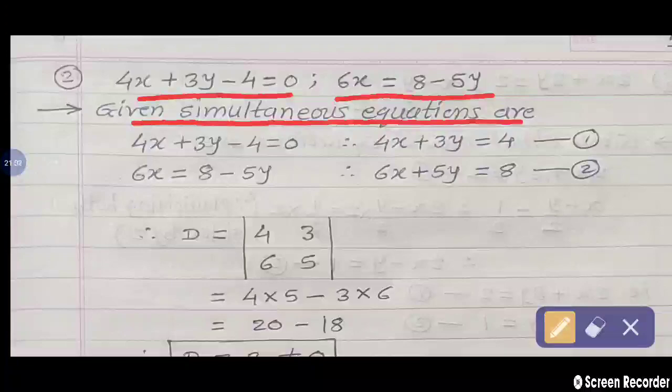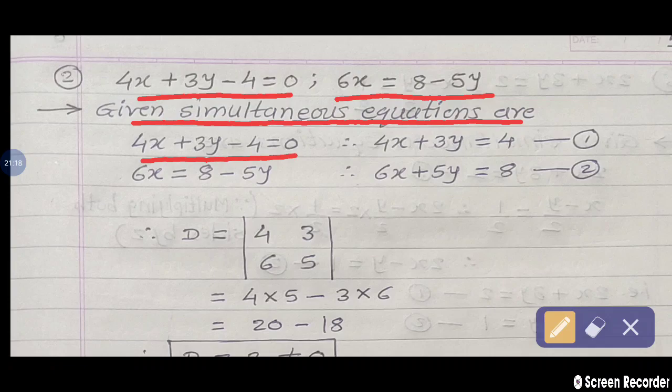If equation is not given in this form, we arrange the terms. So see that. First equation here given 4x minus 3y minus 4 equal to 0. So 4x minus 3y required on the left hand side, but minus 4 is also on the left hand side. So minus 4 take on the right hand side. So 0 plus 4, answer is 4. So 4x minus 3y is equal to 4. This is our equation number 1. In second, y term is on the right hand side of the equation, so that we take in the left hand side.